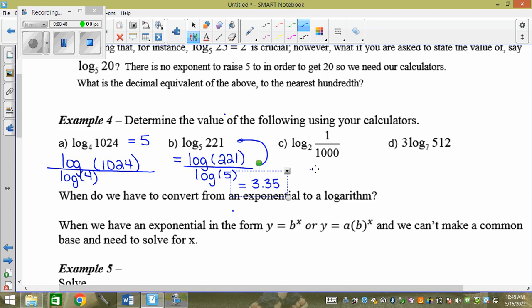Okay, did anyone get this one? Log base 2 of 1 over 1,000? And it's negative, which makes sense, right? Because whenever we have that 1 over something, you get the fraction. Negative 9.9